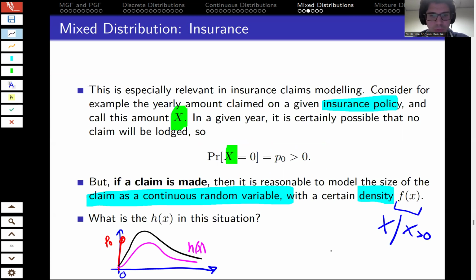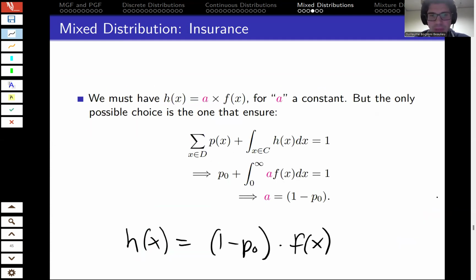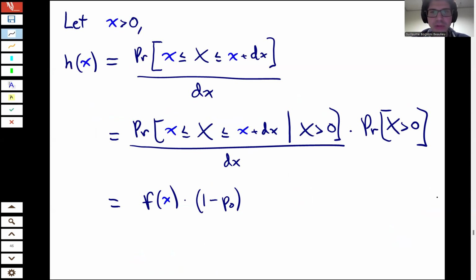Now, if it's not so intuitive to you why h x is just f x reduced by a certain factor, I think we can explain this using a bit of calculation I put here. It's a bit tricky, I suppose, because a density is not a probability, strictly speaking. But if you recall from your probability class, you can interpret a density as follows. Little h x here would be the probability that the random variable big X is in a very, very tiny interval